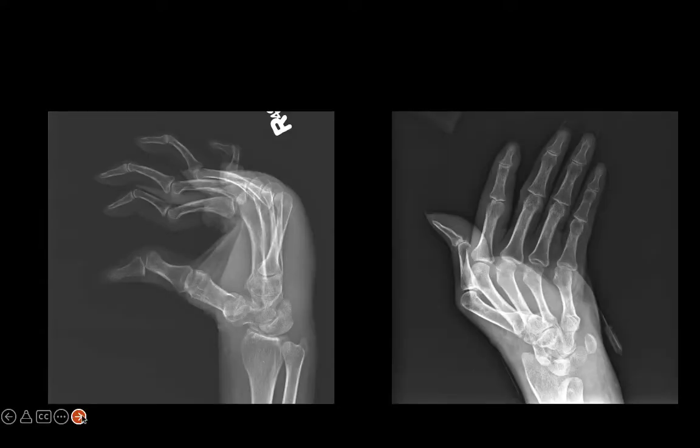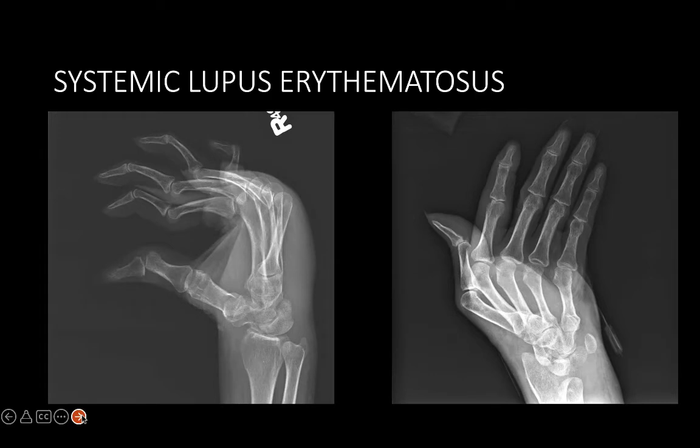All right, now here's a patient who is demonstrating some really classic findings of lupus. And lupus falls into the seropositive for rheumatoid factor category. Lupus is a connective tissue disorder that primarily affects other systems of the body, but musculoskeletal manifestations are quite common. And the presentation is generally with